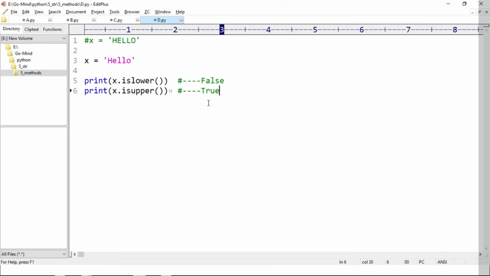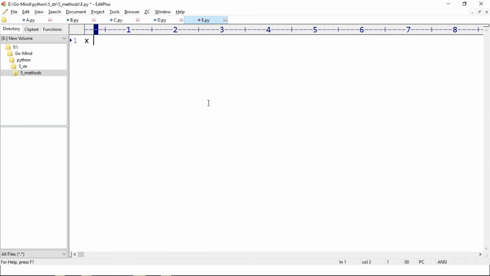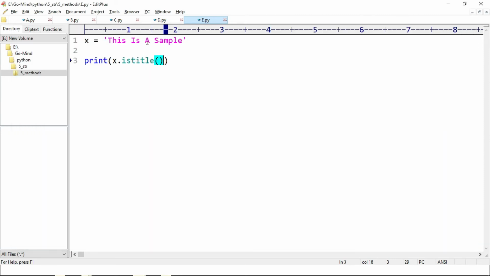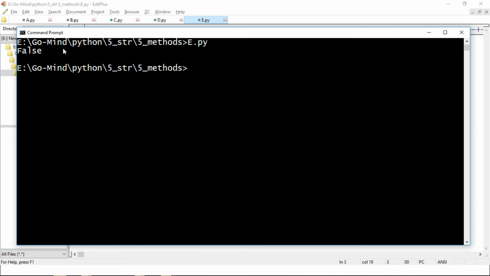So we'll make a new example, e.py. Let x equal to This Is A Sample. In order to get true, we should have the first character of each word as uppercase. Okay, so print x.istitle, e.py, true. Okay, let's see if this A is in lowercase. This should return us false, e.py, false. Okay,